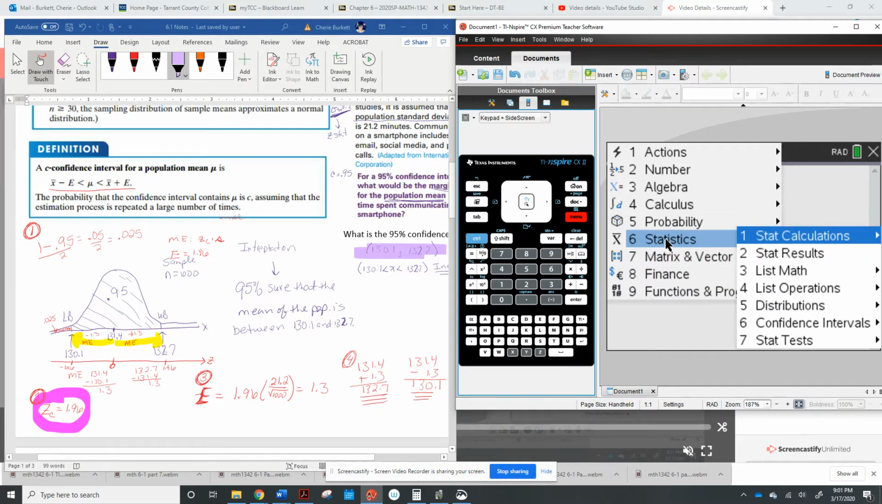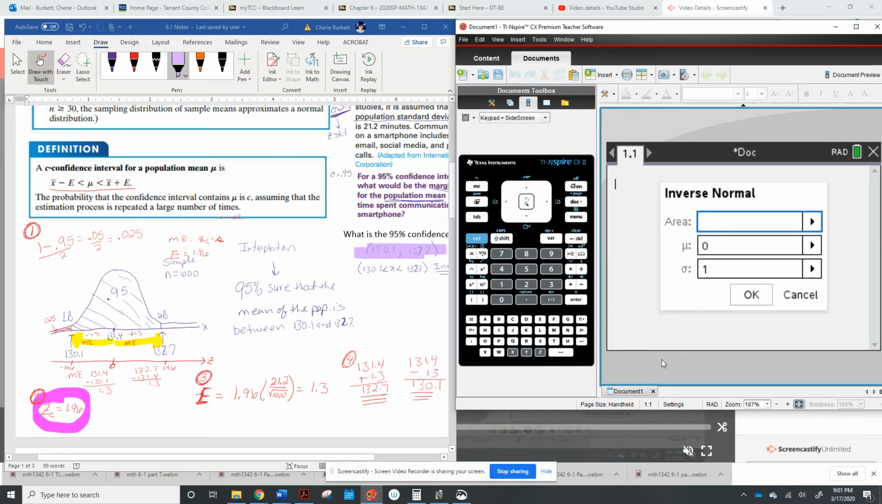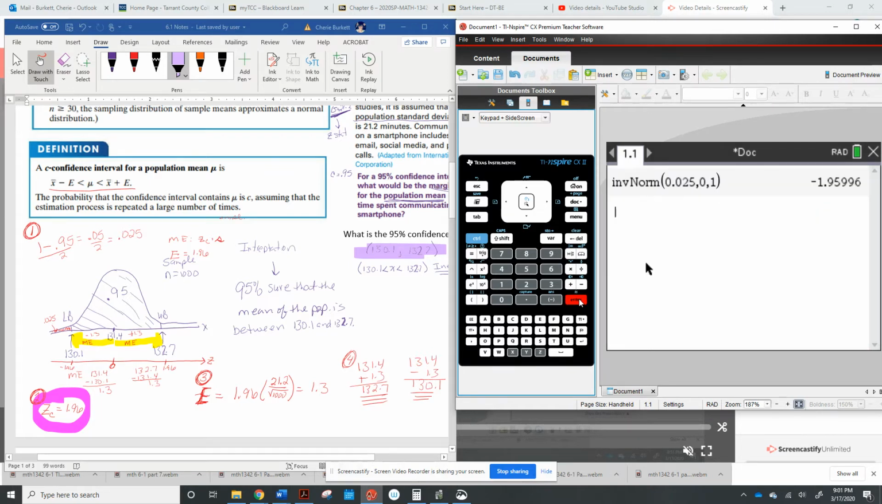And remember, this is a normal distribution. This over here is a normal distribution, and we have the area. So you go to distribution, and since you have the area, you go to inverse norm. And when you get to inverse norm, remember it must be the area to the left. So you type in 0.025, and we're looking for a z-score. So you leave this on 0 and 1, and you go down to OK, and you press enter, and it